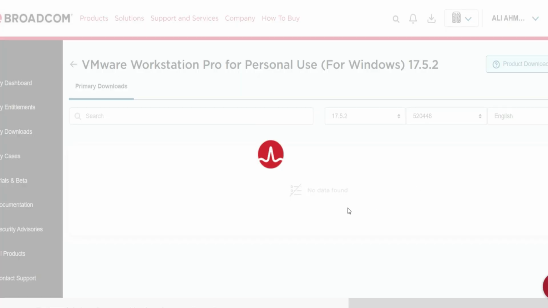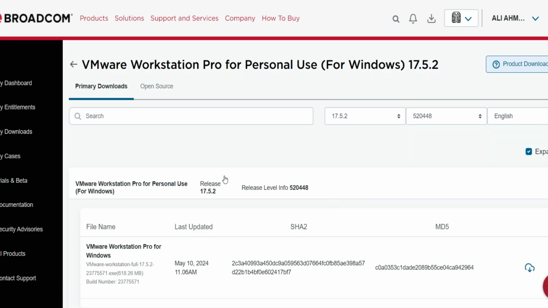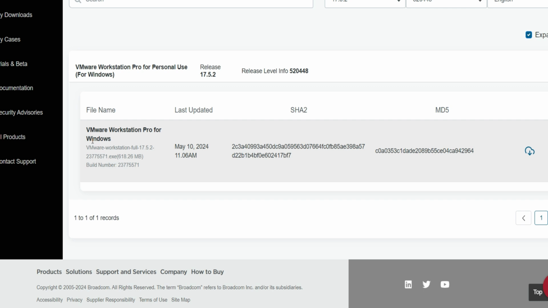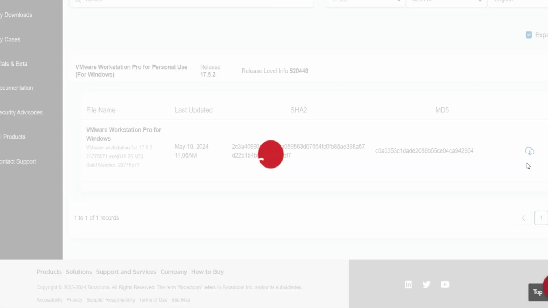It will take you to another page where you will see the information about VMware and the date. The last update is the 10th of March 2024, and here there is SHA2, and on the right you will see an HTTPS download. You click on it